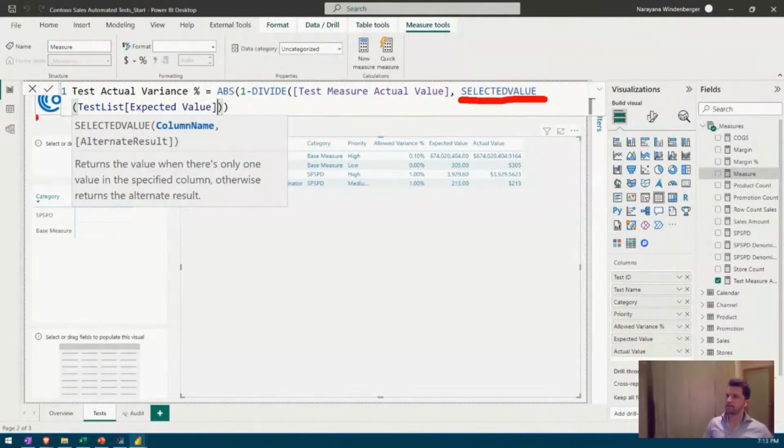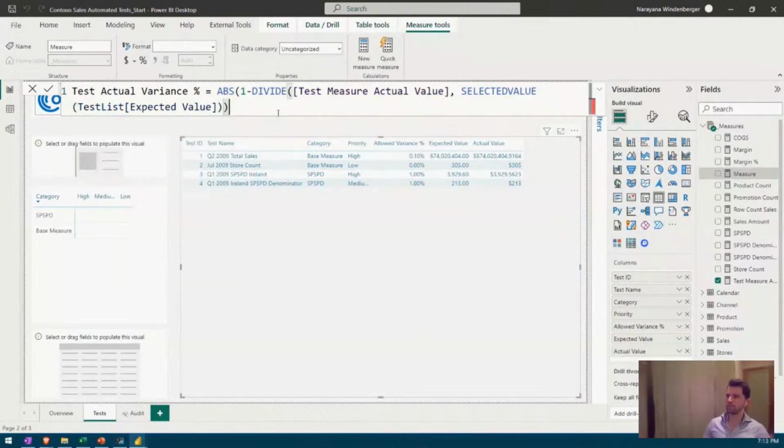So the selected value of our test list, again, this is just a hard-coded value coming in from our spreadsheet, which is, sorry, this one right here. So if I've done that correctly,